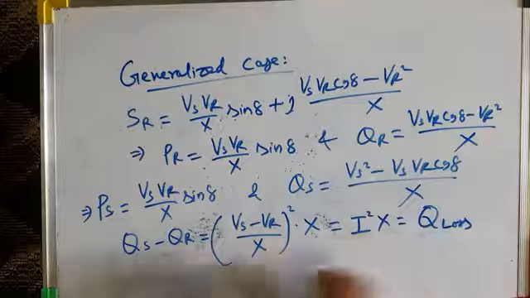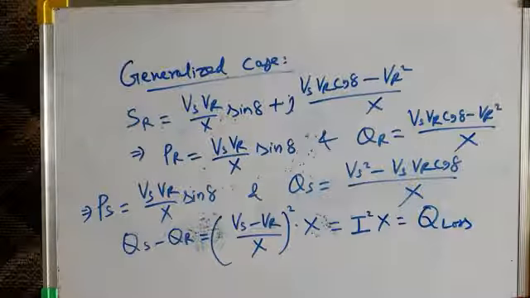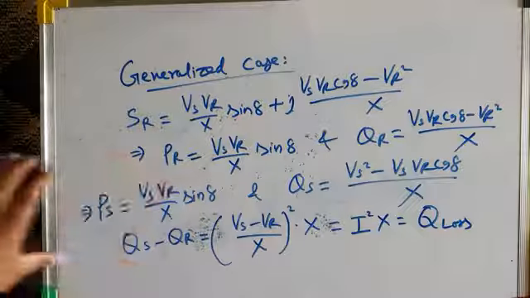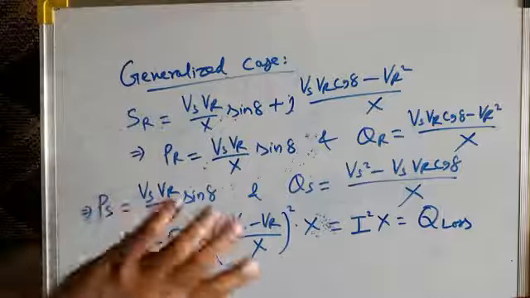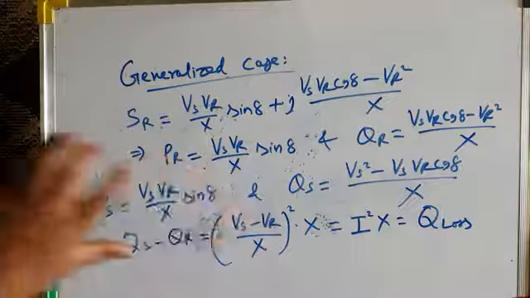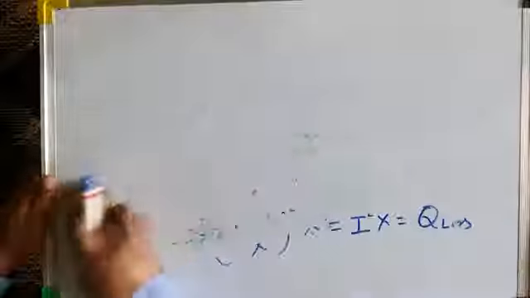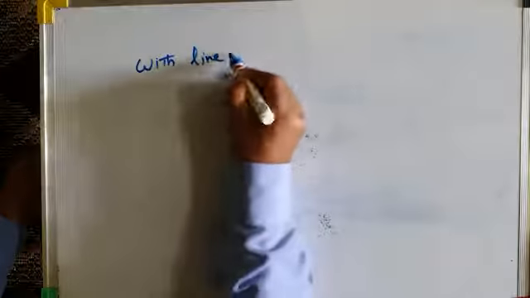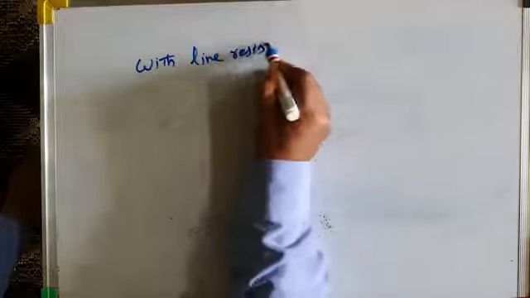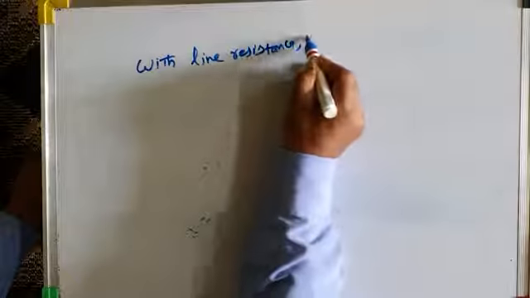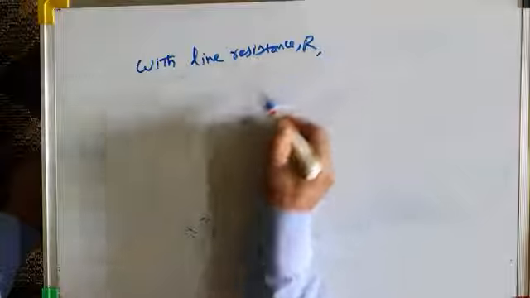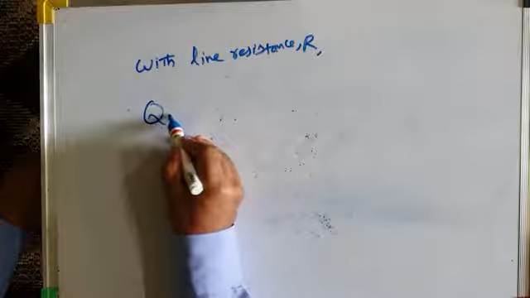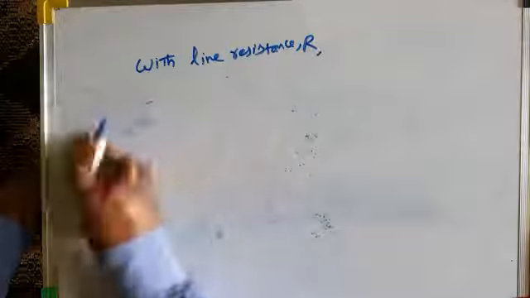Q loss means reactive power loss. So this is the reactive power loss without line resistance. In all this analysis, we have not taken transmission line resistance into account. Now, if we take line resistance also into account, let us say line resistance is R, the reactive power loss is given by